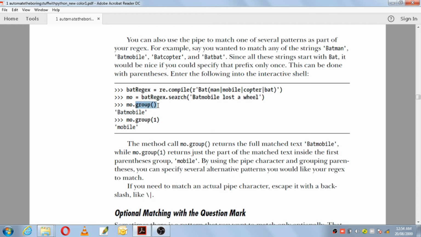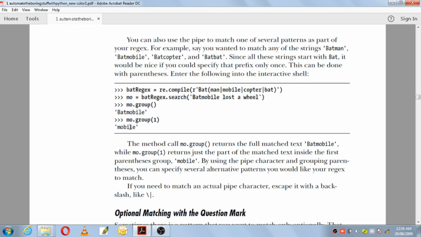What group will do is return the string that matches the above given pattern. Which string is matching? That is Batmobile. So mo.group will print the one which is matching, that is Batmobile.